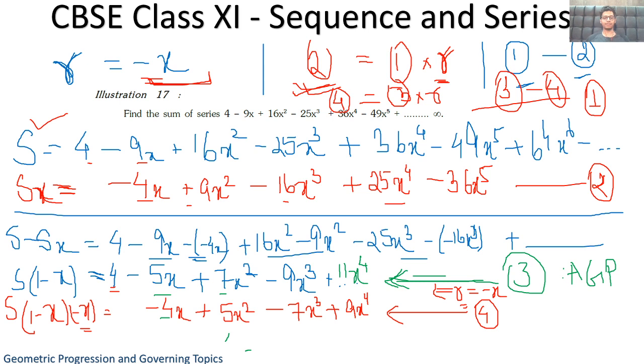Perfect, perfect. Now what we'll do is subtract the 4th equation from the 3rd equation. From here what we can deduce is,